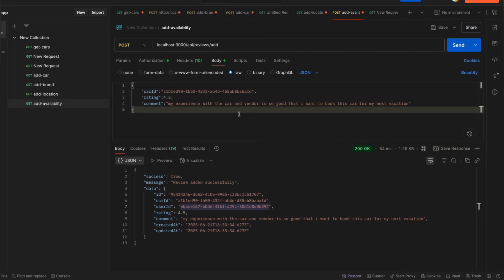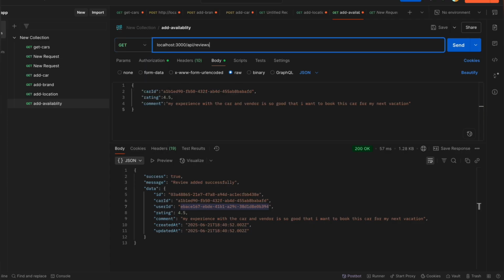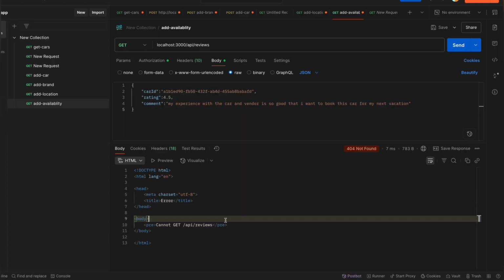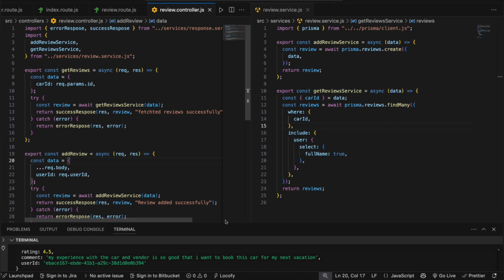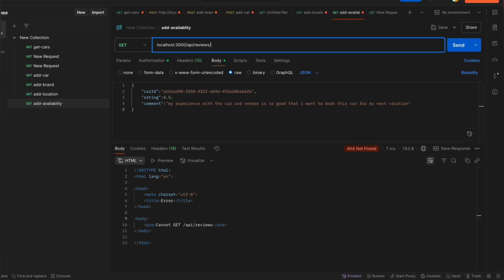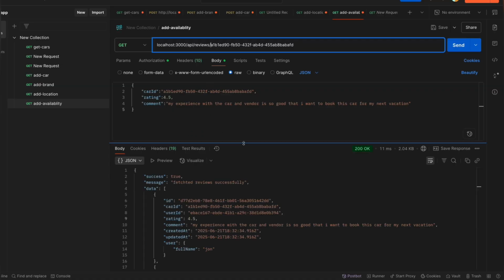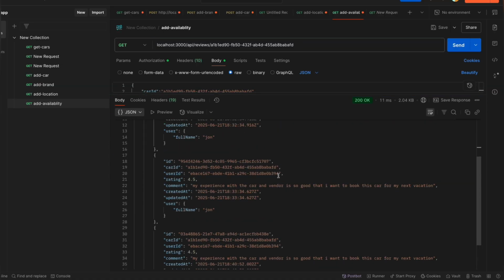Now I'm going to pass this to add. Okay, it's getting added. So for the get, I'm going to get this. Okay, not found. I'm going to pass the ID over here. Okay, fetched successfully. If you see 1 2 3,